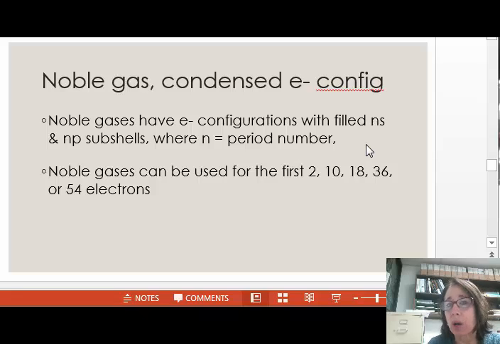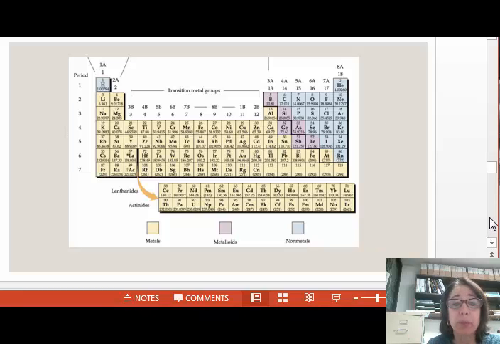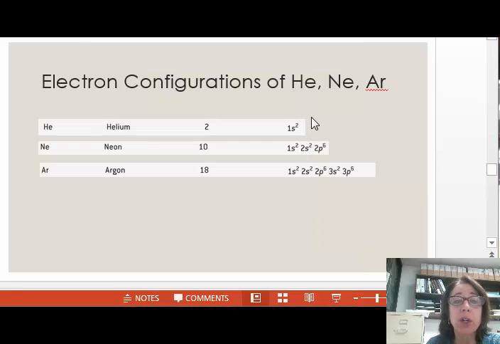The reason that noble gases are so unreactive is that noble gases have a filled ns and np subshell, where n is the period number of the noble gases. Noble gas electron configurations can be used for the first 2, 10, 18, 36, or 54 electrons in any given element. If we take a look at the periodic table, we see that noble gases have 2, 10, 18, 36, and 54 electrons. If we look at the noble gas electron configurations from Table 2.3, we see that helium,